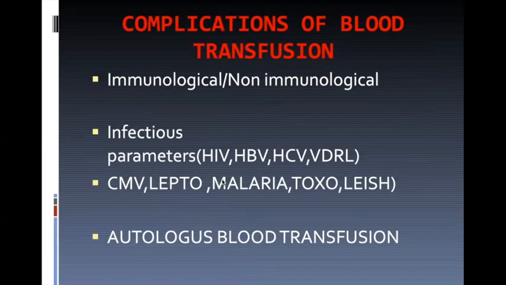So, what are the complications of blood transfusion? Now, immunological or non-immunological. Then, infectious: HIV, HBC, HCV, CMV, leptospirosis, malaria, toxoplasmosis, autologous blood transfusion. And for a simple recap and for conclusion, there is a last